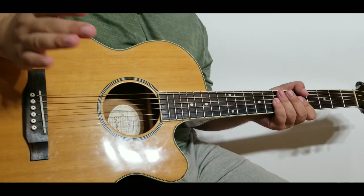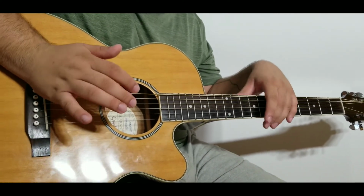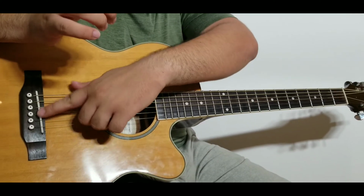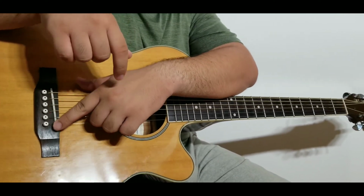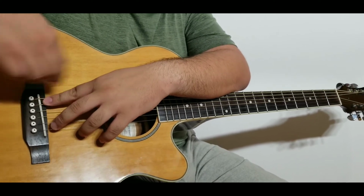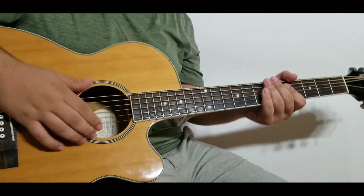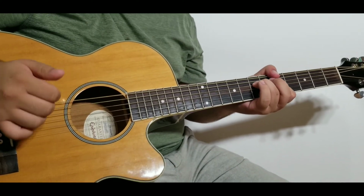What helps a lot is if you keep the palm of your hand, this part of the palm, over here in the corner on the bridge. Not on the bridge saddle, because if you're on the saddle, it's going to mute the strings. You can either be over here or over here on the bridge pin. So once you're on that,